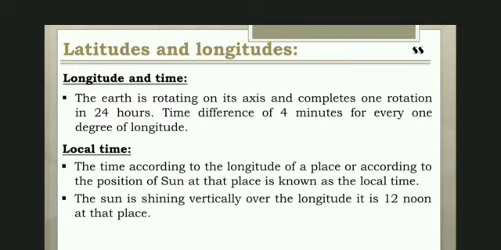The imaginary lines that intersect the equator at right angles, joining the north and the south, are called longitudes. The meridian that passes through Greenwich, England, has been chosen as the prime meridian. It is marked as 0 longitude. There are 180 longitudes to the east of Greenwich and 180 to the west. Thus, there are 360 longitudes.